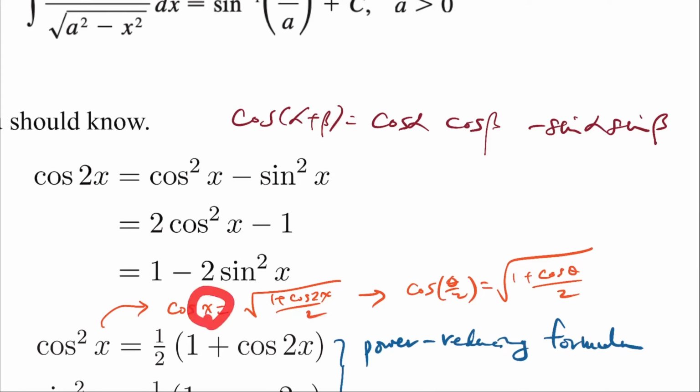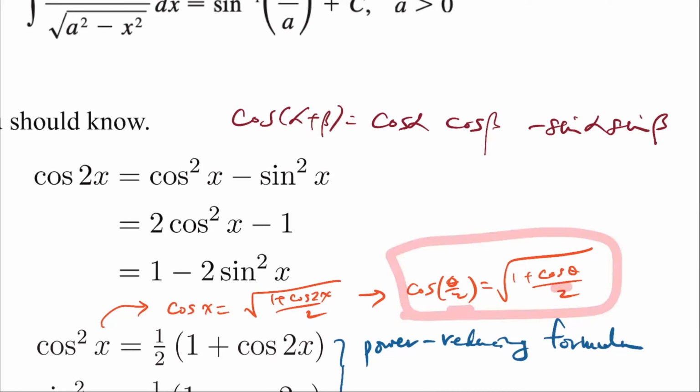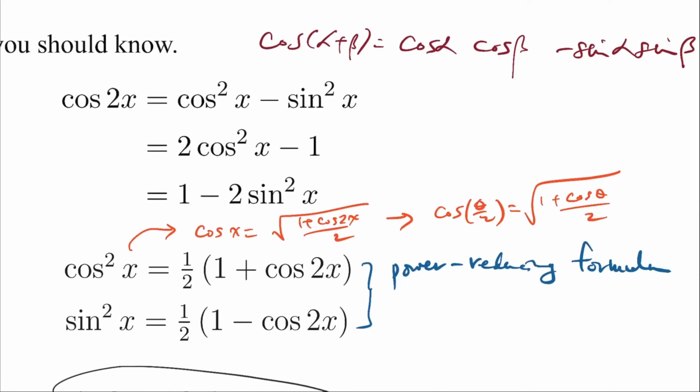But x is half of 2x. So with a small substitution, I just arrived at a half angle formula. Do you remember this derivation, guys? Yeah. But if you go back a couple of steps and look over here, and same thing with this expression